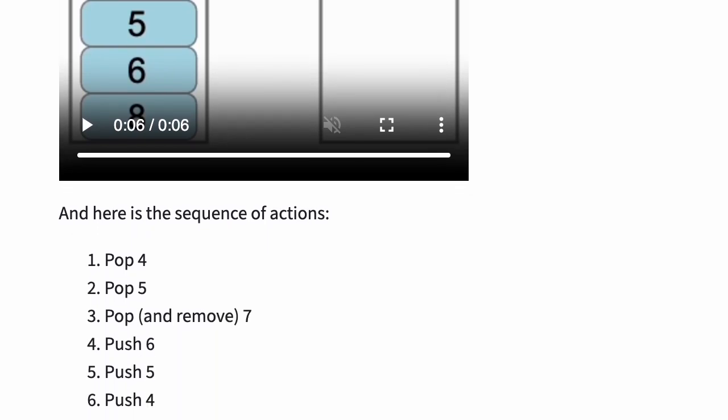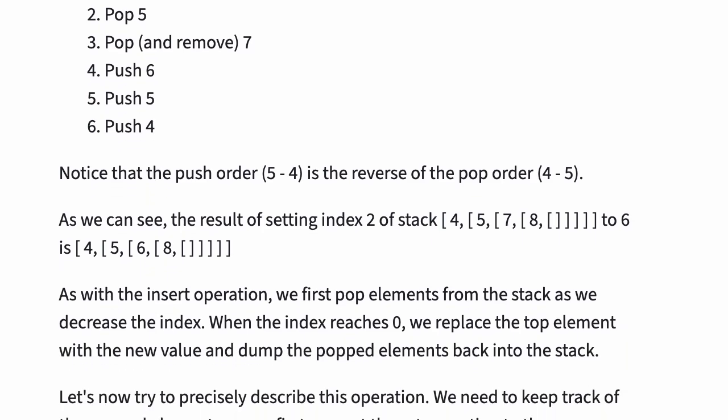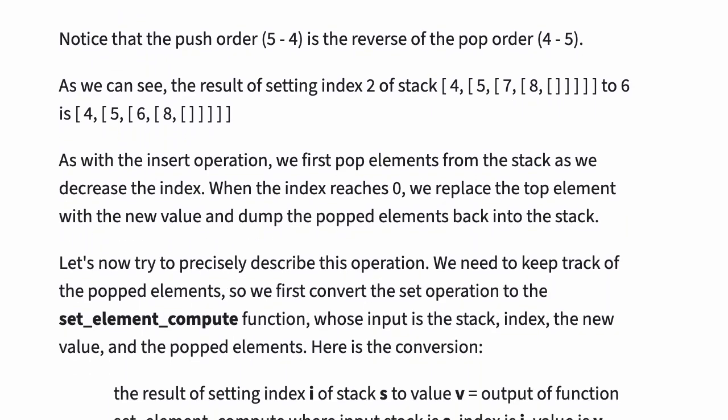We popped 4, then 5, and when the index reached 0, we popped and removed 7. Then we pushed 6, and then we pushed 5 and 4 back into the stack. Notice that the push order is the reverse of the pop order. As we can see, the result of setting index 2 of stack 4, 5, 7, 8 to 6 is 4,